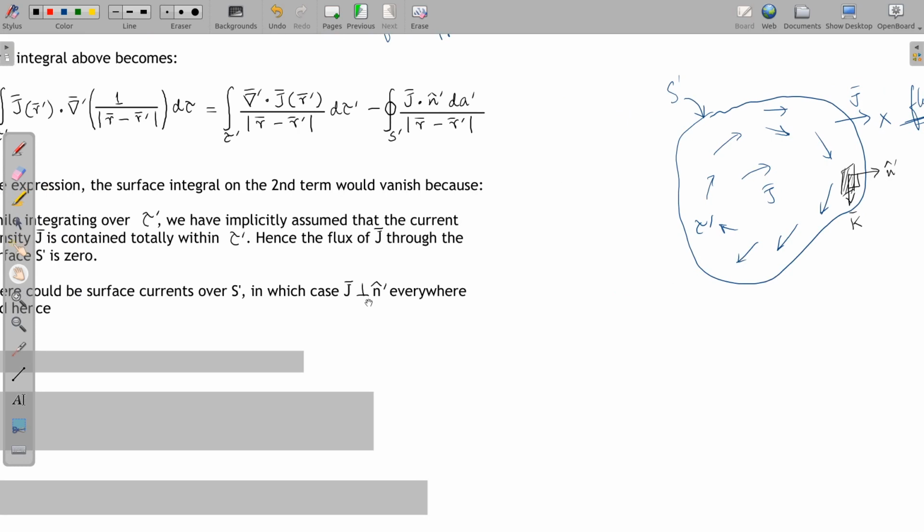So J dotted with N cap prime is going to be 0,